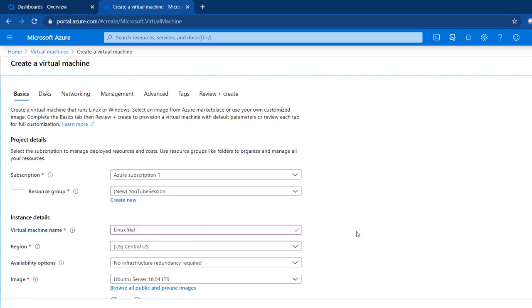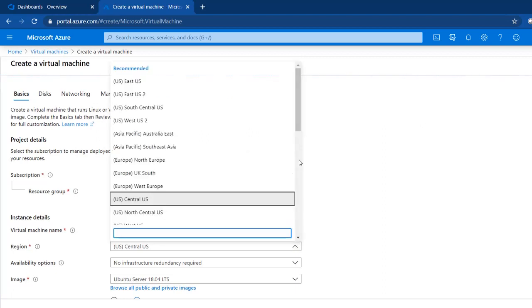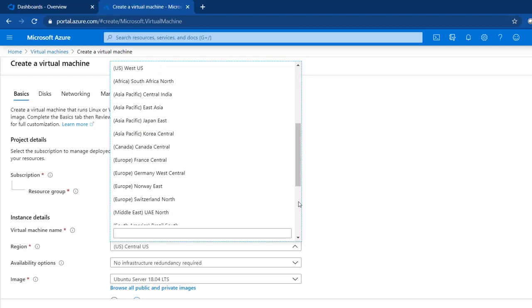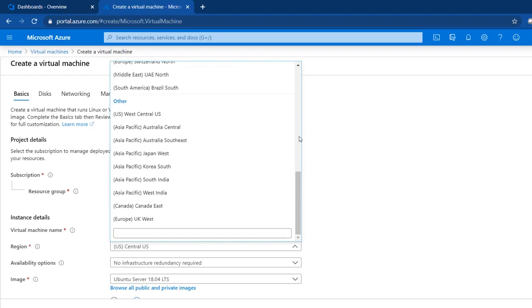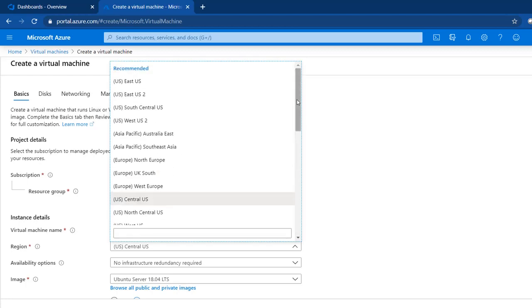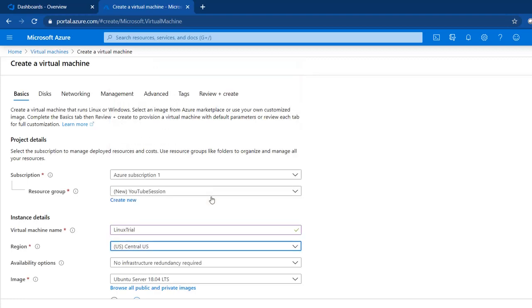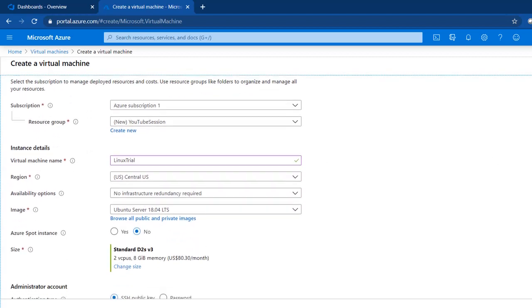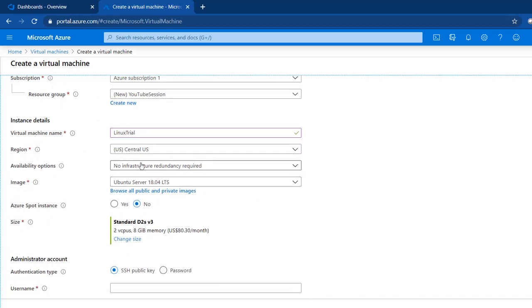Okay. And now you have to select the region. What do you mean by region? Microsoft Azure has created multiple regions throughout the world. Basically, this virtual machine needs to be deployed in one region of the cloud. So I'm selecting Central US as default. And then you need to select availability options. I don't want to concentrate on this particular option right now, so I'll be covering it in later videos.